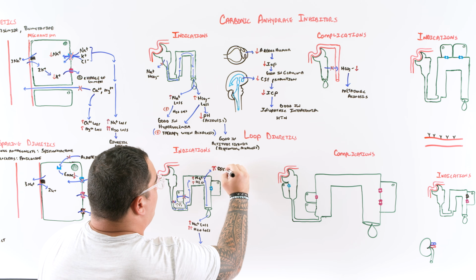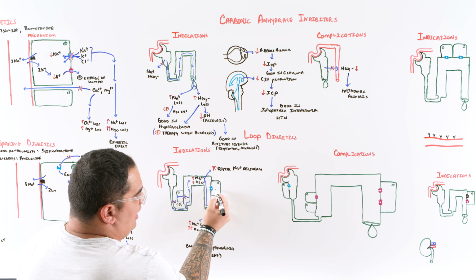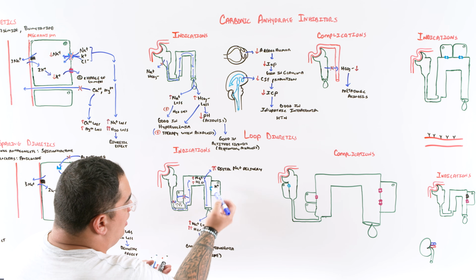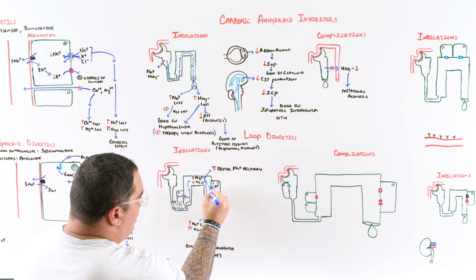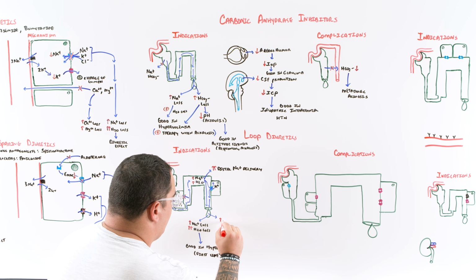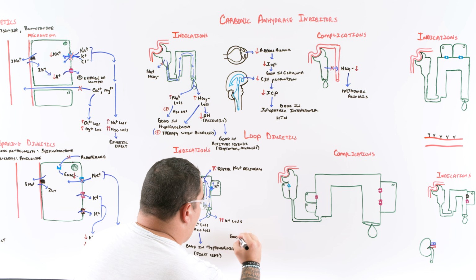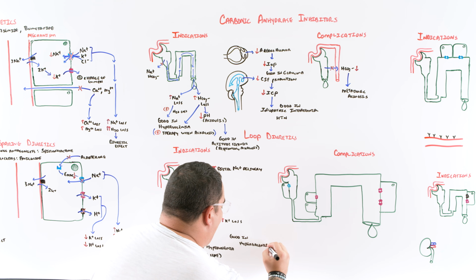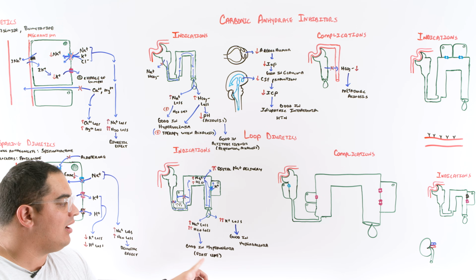distal sodium delivery, this causes increased potassium excretion in the collecting duct. So because you're delivering a lot of sodium here, that causes a lot of sodium to rush in here, which causes a lot of potassium to be excreted out here. And these patients get an increase in potassium loss. And this means that you could utilize this in hyperkalemia. That's the benefit here, is that I really love to use this drug in a patient who has concomitant